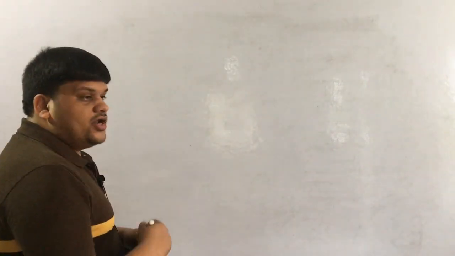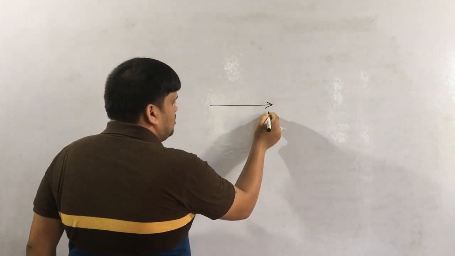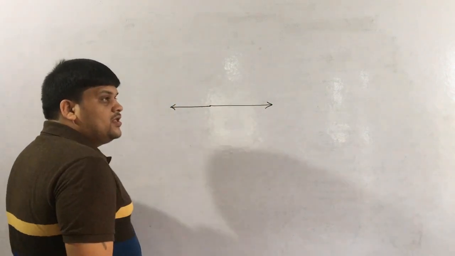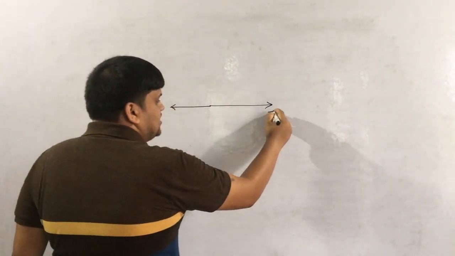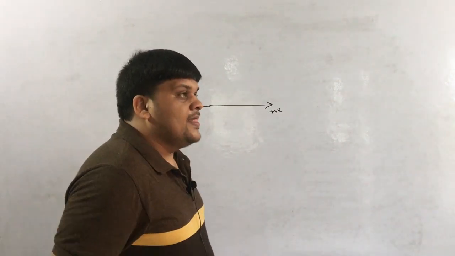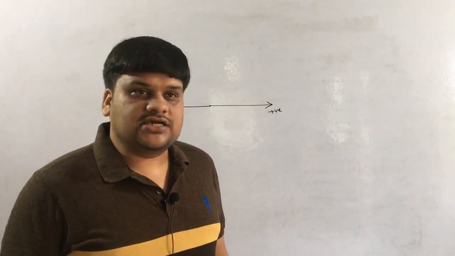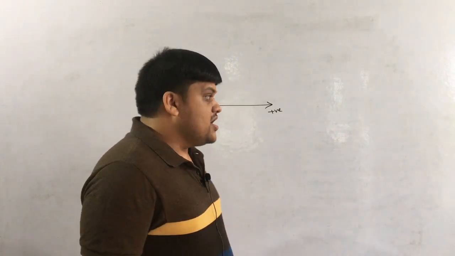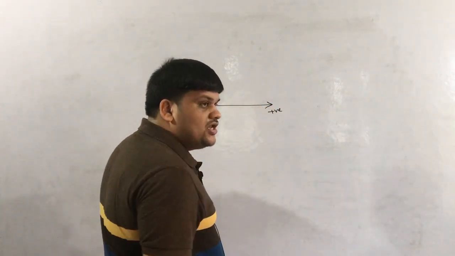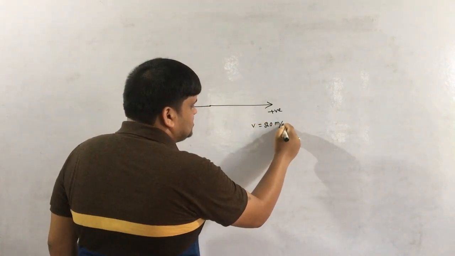In motion in one dimension, or motion in a straight line, there were only two directions: one object can travel in this direction, or in this direction. So if I am taking this as the positive direction and this as the negative direction, for the parameters which have directions, like velocity, acceleration, displacement and all that, if the object is moving along this direction with 20 meter per second, I was telling the velocity is equal to 20 meter per second.